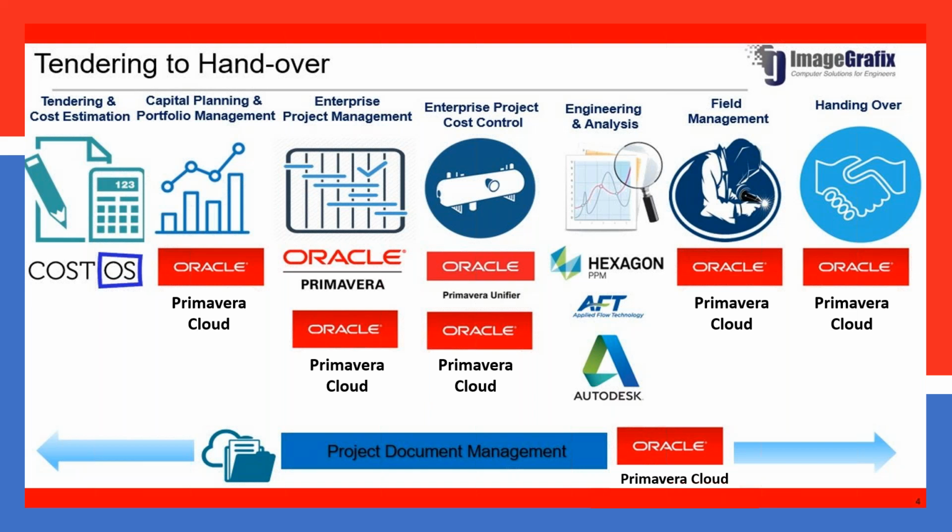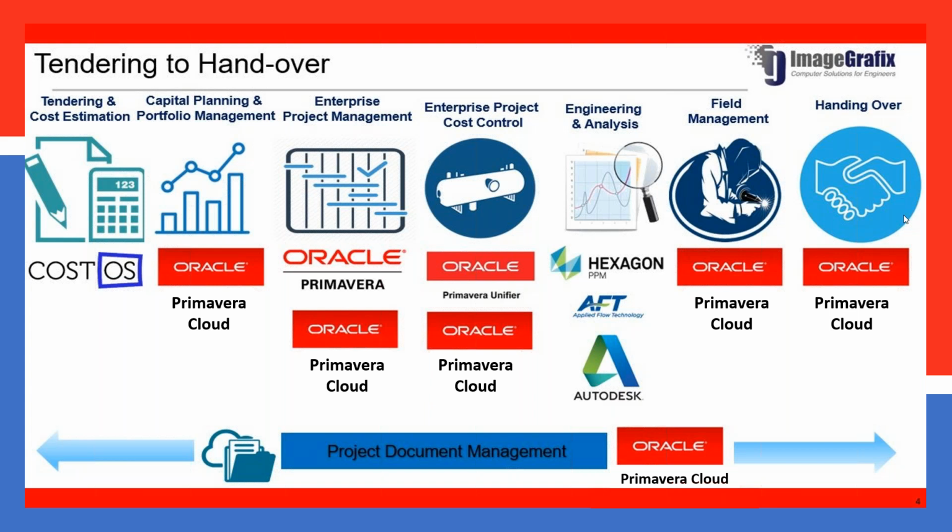Hi, this is Pandian. Just to give an idea, we are a 24-year-old company started in Dubai, as he pointed out, and in India for almost 15 years now. We provide the total end-to-end solution, starting from the tendering till the handing over. Right from the initial bid evaluation and cost estimation for your projects, we have a product called CostOS. Based on that, we provide you the solutions for doing your complete project cost estimation.